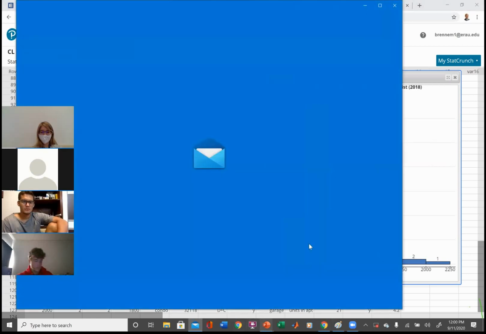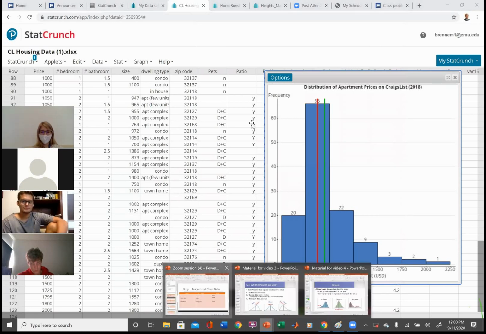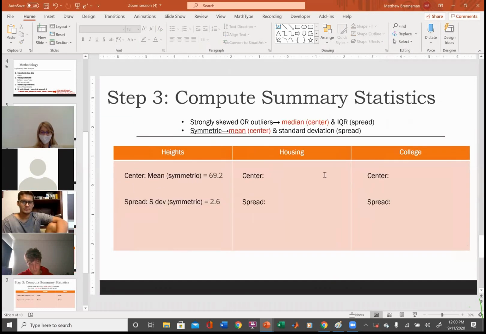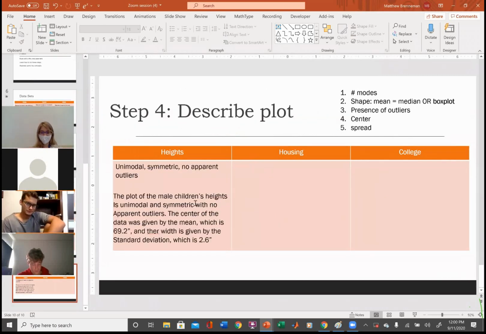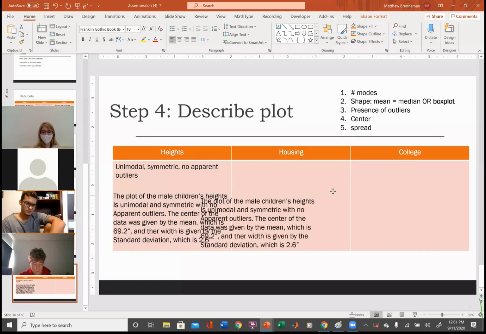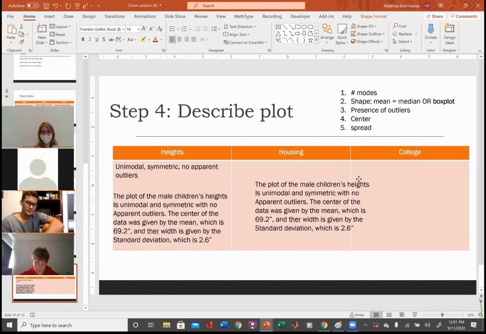So let's go back and start to, what in the heck? Too many windows open. Okay, so let me go back and I'm just going to start filling in some of the blanks, okay? We'll cut right to the chase here. I'm going to post that in a second, okay? So I'm just going to copy and paste this, and this is what I would advise you guys do to save time. Just make sure you change everything. Okay.